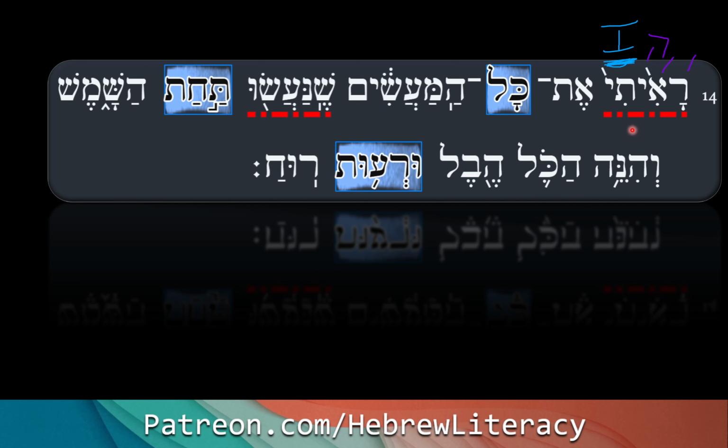Hayiti, I have seen et, the definite direct object marker, kol hama'asim. And notice we have our construct marking here, but the last word isn't because the last word in the construct chain is not in the construct, but I'll use my familiar notation we've been using. The whole thing is a construct chain, okay? And you'll note we have the definite article here, right? So this guy, he's the, right? And you have the dagesh in the mem as well.